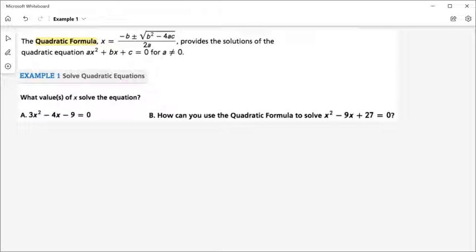In this lesson, we're looking at another way of solving quadratic equations. We're using the quadratic formula. You've seen this formula before, you learned it in Algebra 1, but if you don't have it memorized, no worries, it's on your reference sheet. All right, so x